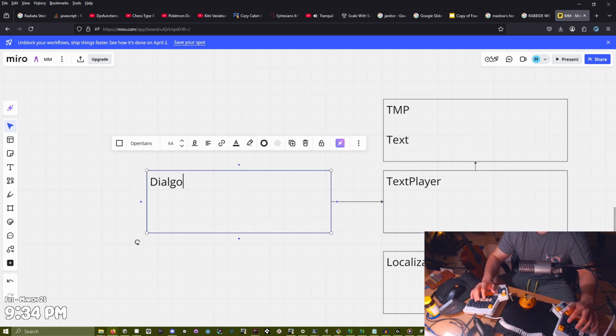Now we have a dialogue conductor, or dialogue train or chain, where we're going to have a sequence of text, and over time, once it finishes, it's going to tell this guy to play the next one, and then wait for it to finish, and then make the guy play the next one, and so on and so forth. So we have multiple